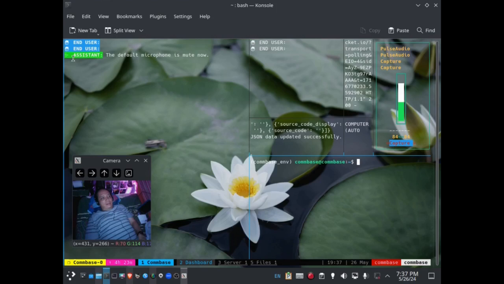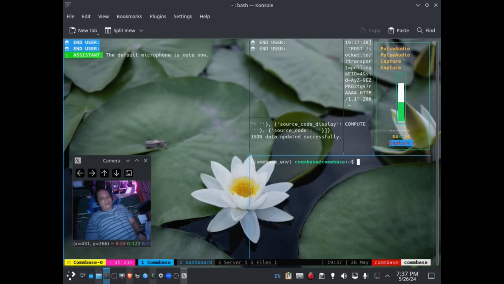Now it says as the assistant, right here, the default microphone is mute now. This message doesn't come from the STT engine, but from the TTS engine.